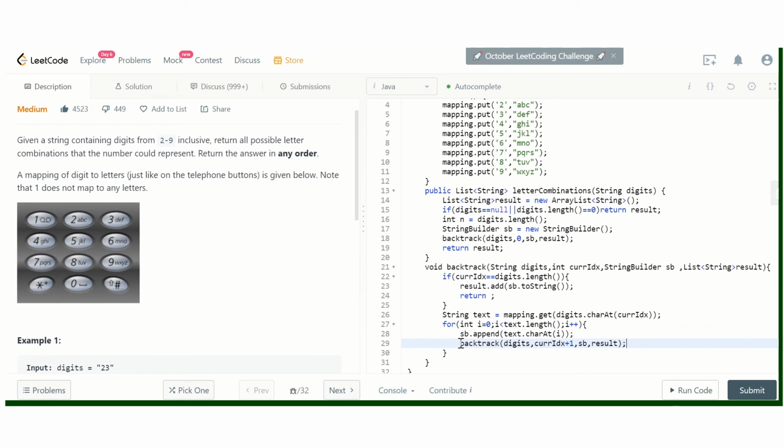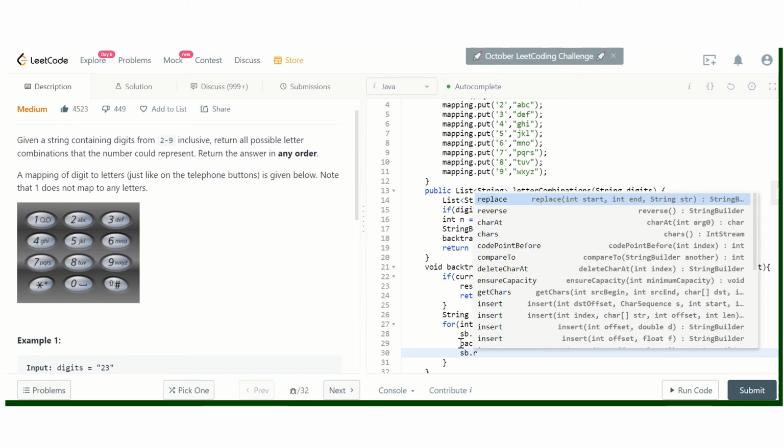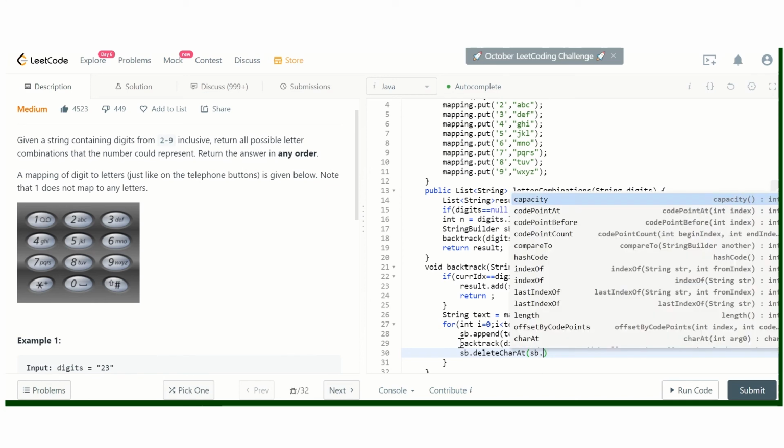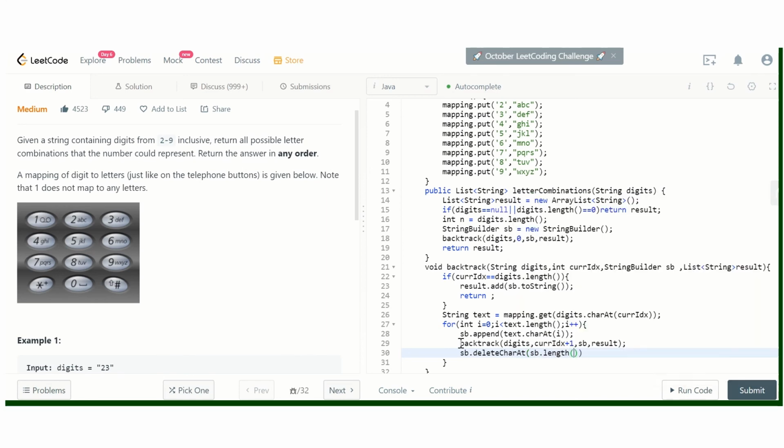And when this function terminates, we should remove this character, and we'll try to insert some other character from the mapping at this place. So we'll have to remove that character as well. Delete charAt, length minus 1.